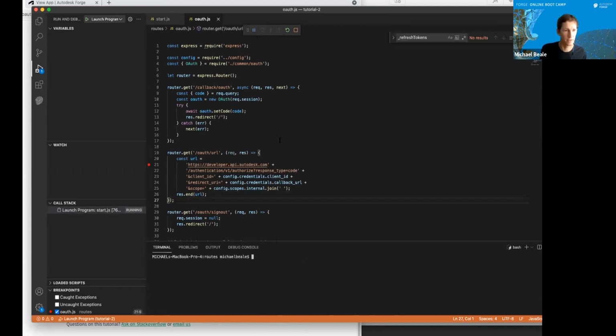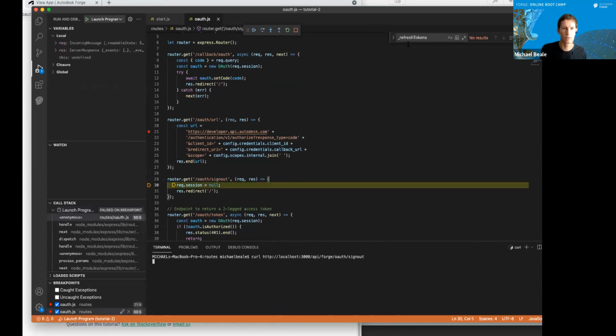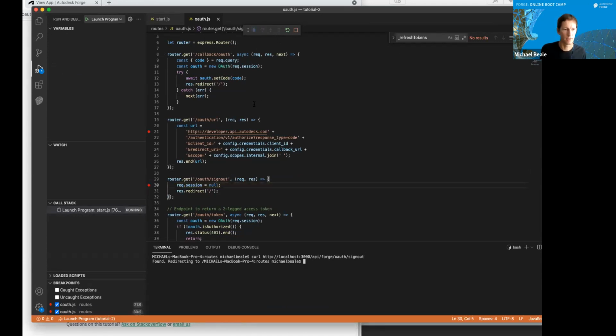You can try out the other endpoints if you like. So if you want to test out maybe the sign out endpoint. Oops, sign out. Click on that one. Enter, and you'll see that that also jumps in and it'll do a redirection. Found, redirecting to blah. Cool. So that is